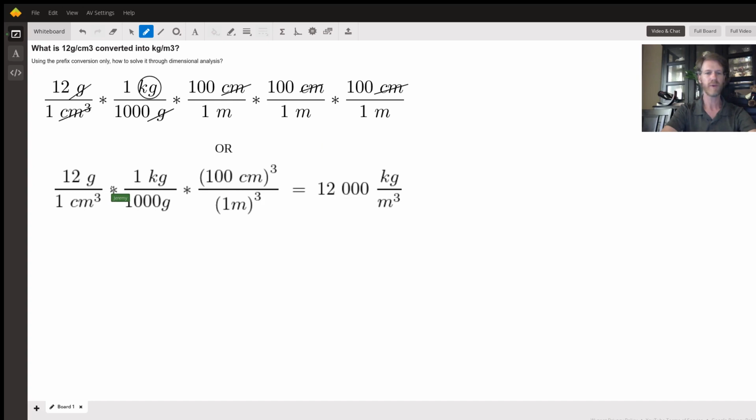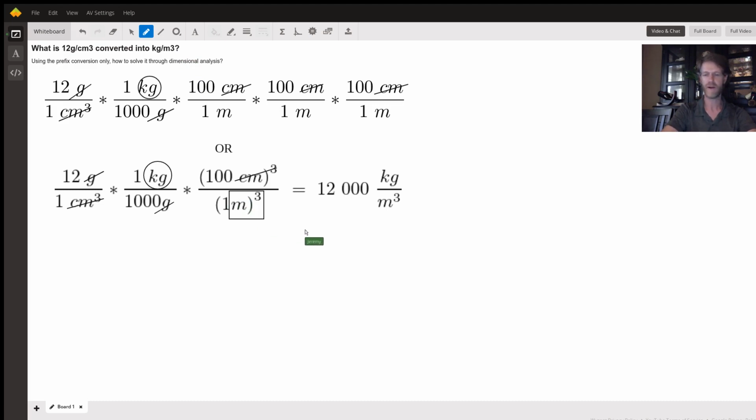Here it is in a little more condensed way. You can see I have grams still canceling. That's what I did first to keep my kilograms. Then I canceled cubic centimeters with cubic centimeters by essentially just cubing this rather than doing it 3 times. And then you can see here at the end I get that unit of cubic meters that I'm looking for